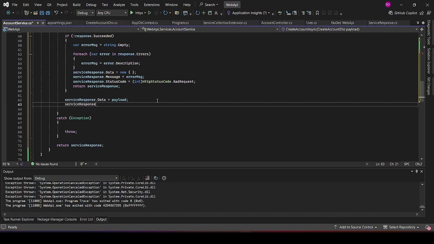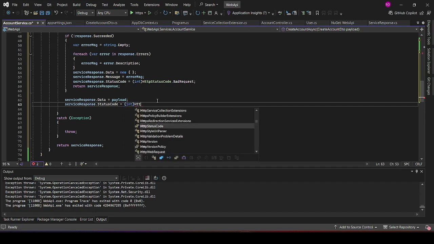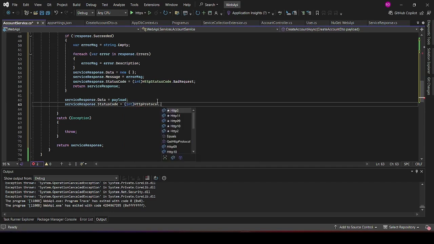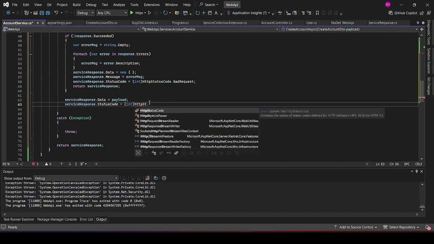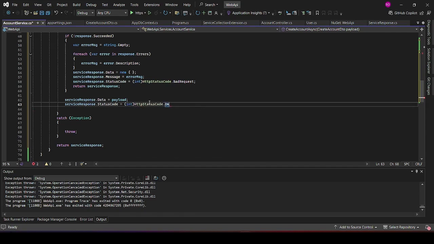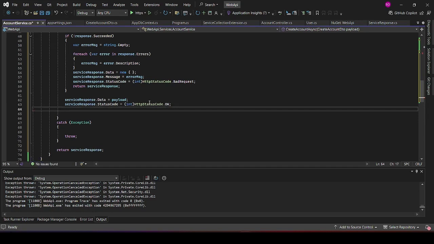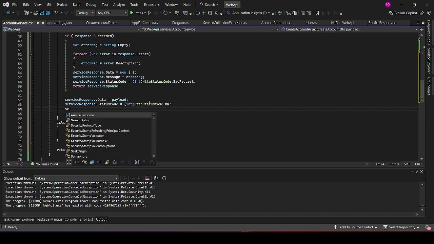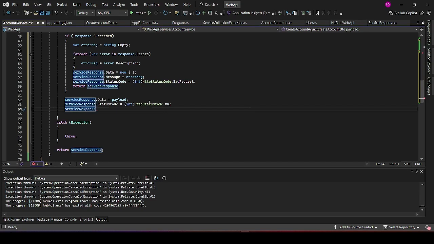Service response dot status code. In this case, because successful, that's http status code dot OK, right,